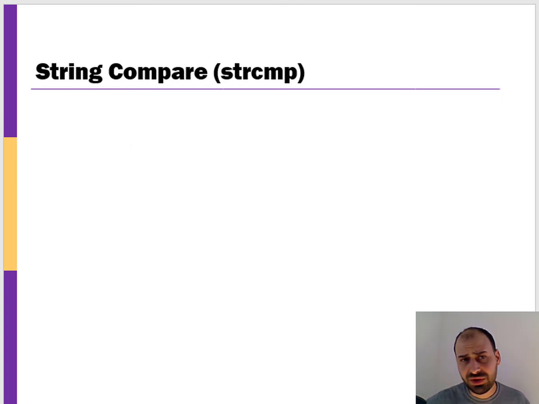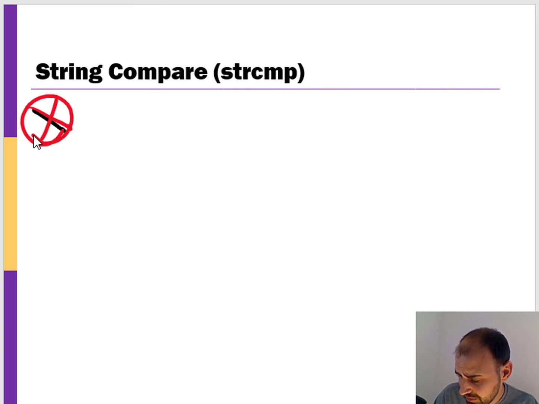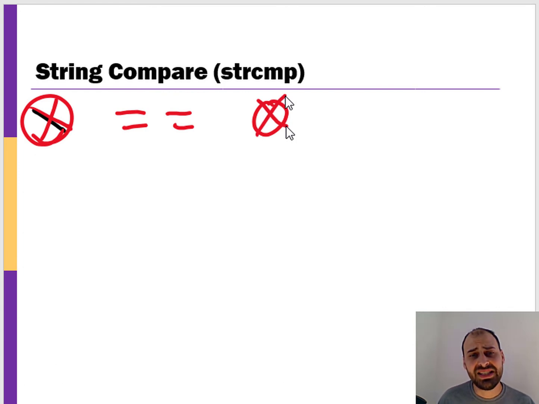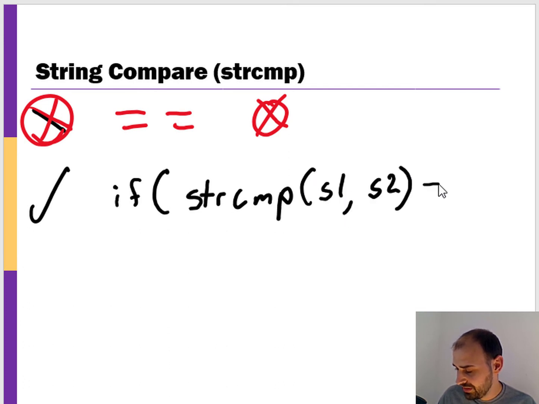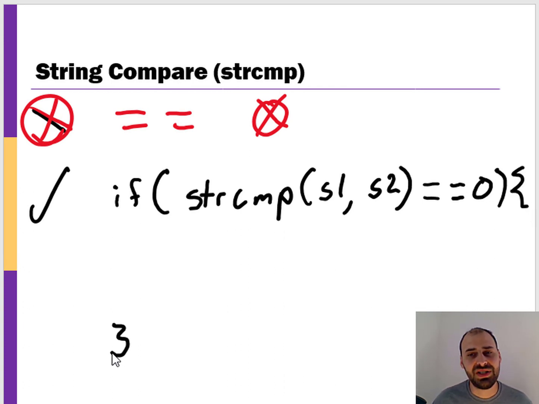So, what string compare is doing is, again, we don't want to use the double equals for strings. Instead, the correct way is to do something like this. If string compare, and we compare string 1 to string 2, and that returns 0, this expression here,